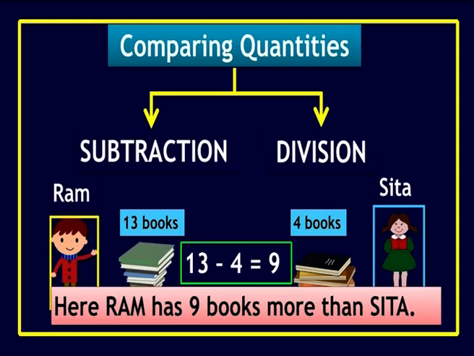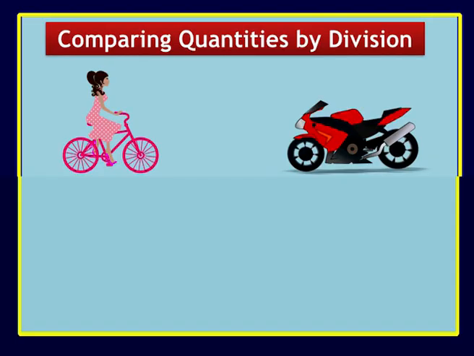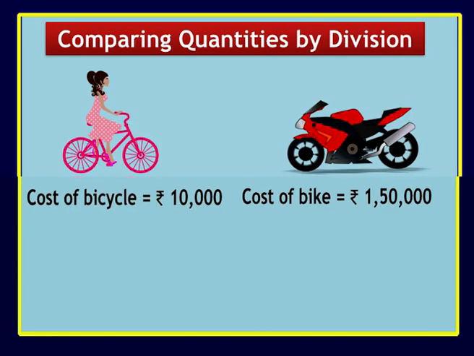But children, it is not necessary that we always compare two quantities using subtraction. So let us see how to compare two quantities using division also. Let us take an example. Comparing quantities by division. Take a look at this girl. She is on a bicycle, isn't it? And this is a bike. Let's see the cost of these vehicles. The cost of the bicycle is 10,000 rupees, whereas the cost of the bike is